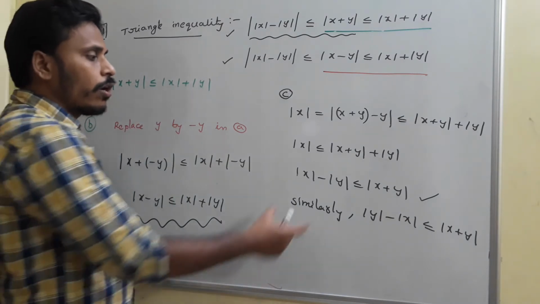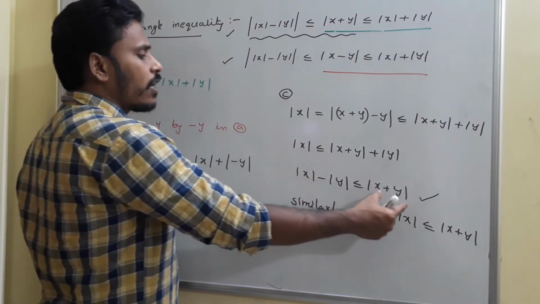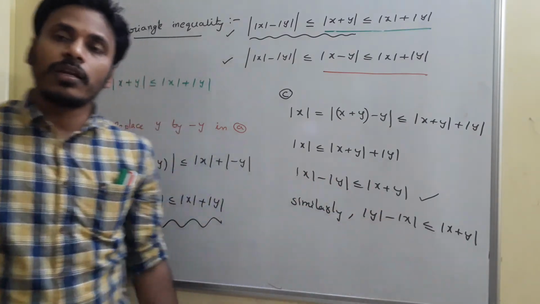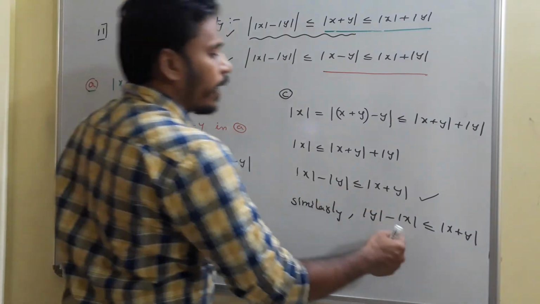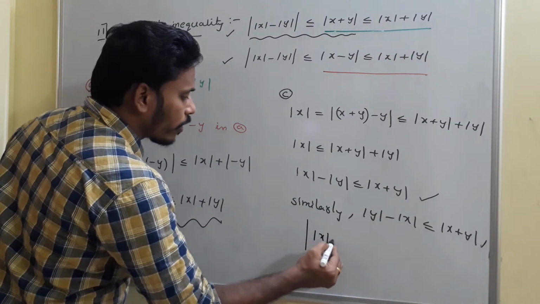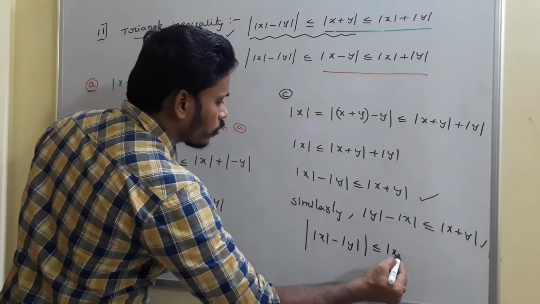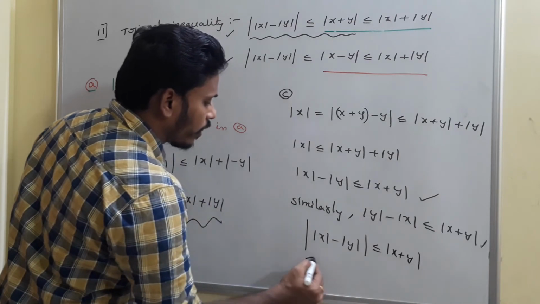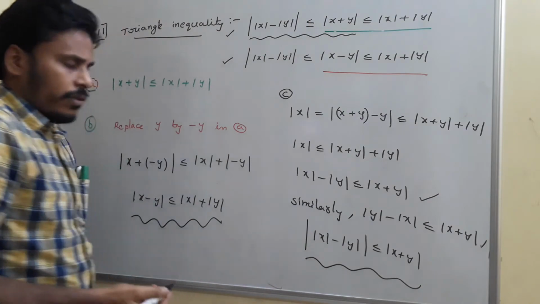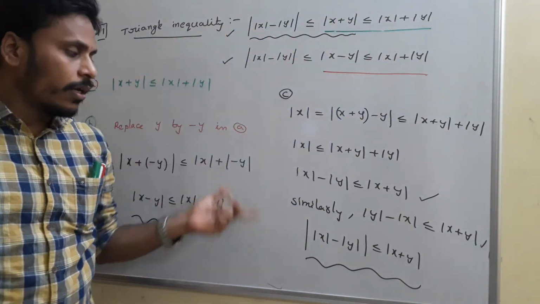Again, just have a look. If you treat it as some p is less than or equal to mod x plus y, as well as minus p is also less than or equal to mod x plus y, then by combining these two, for sure it is very clear that modulus of p, modulus of mod x minus mod y, is less than or equal to modulus of x plus y, and this is the second part. Okay, which ends the proof of this first statement of triangle inequality, right?